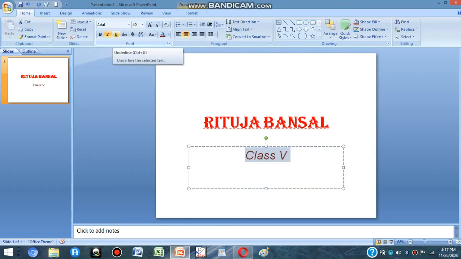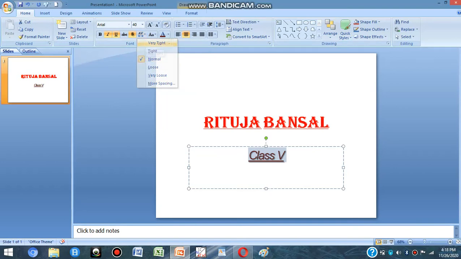Also we can make it underlined. You can make a shadow on it, and character spacing is also there. Now it is normal, meaning the space between the characters is normal.